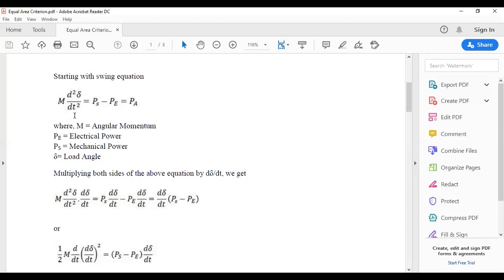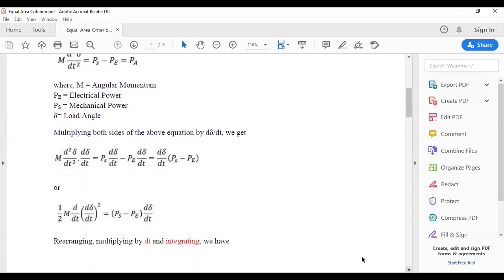Okay, let me explain first. So this is the swing equation. Now we multiply this equation on both sides with d delta/dt. Now see, here d delta/dt will come, and again here d delta/dt will come. So this one is done here. This into d delta/dt, Ps into d delta/dt, P into d delta/dt. Then d delta/dt is taken common, and Ps minus P. Okay, now here